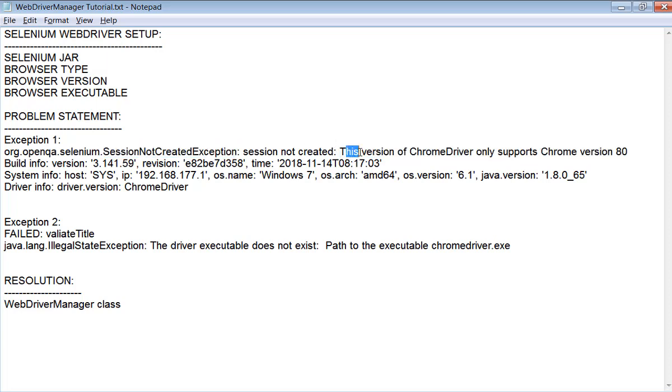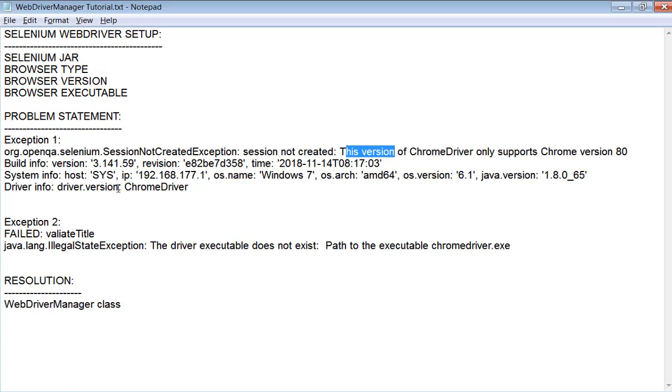This version of the Chrome driver means its executable file, not the version of the Chrome browser. The Chrome driver executable supports only Chrome version 80. If I'm using Chrome version 84, it will not work.